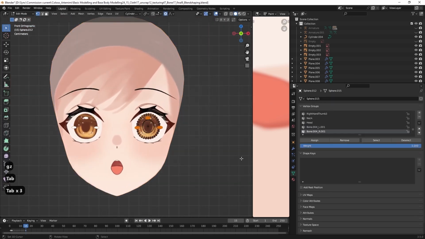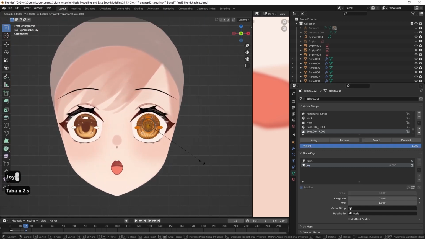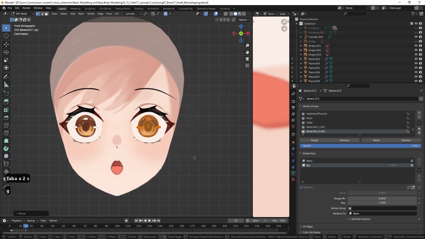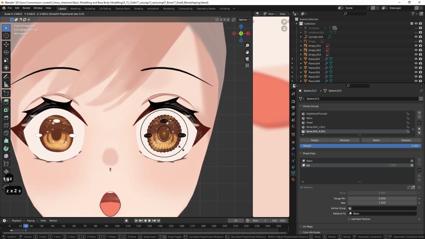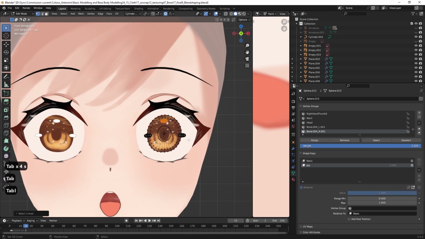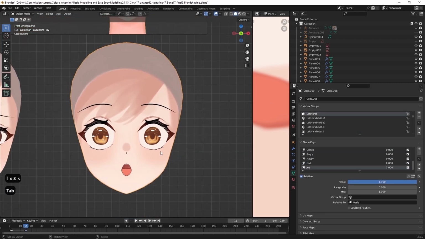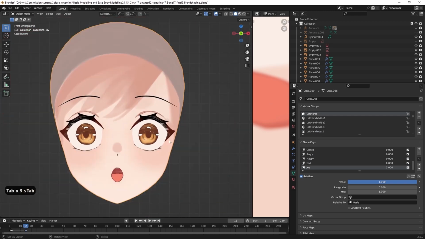And then we can make a shape key for this as joy. All right, and we can make a smaller pupil here, and then we can make it smaller as well like this. All right, and then we can make it to value 1, and then we can create it into like this. Okay, all right, like this. Okay, cool.